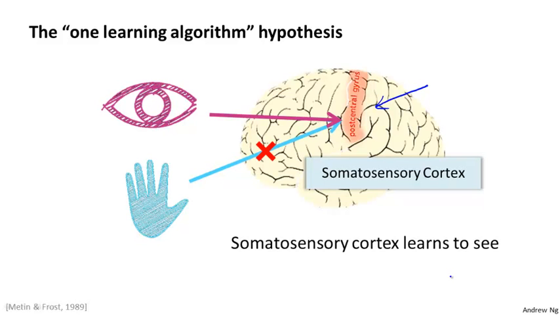And instead of needing to implement 1,000 different programs or 1,000 different algorithms to do the 1,000 wonderful things that the brain does, maybe what we need to do is figure out some approximation to whatever the brain's learning algorithm is and implement that and let the brain learn by itself how to process these different types of data. To a surprisingly large extent, it seems as if we can plug in almost any sensor to almost any part of the brain, and so within reason, the brain will learn to deal with it.